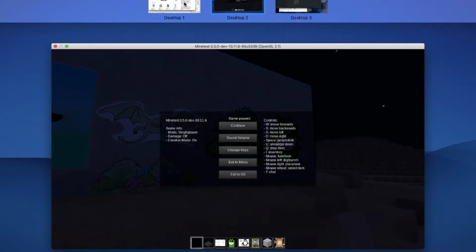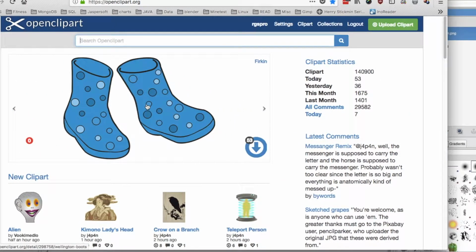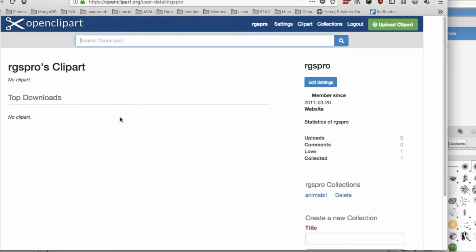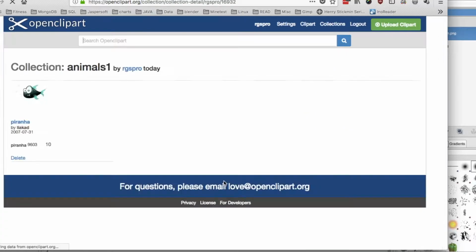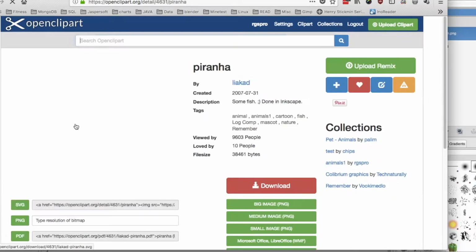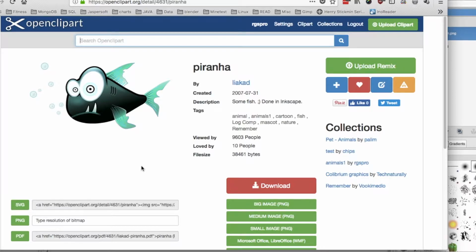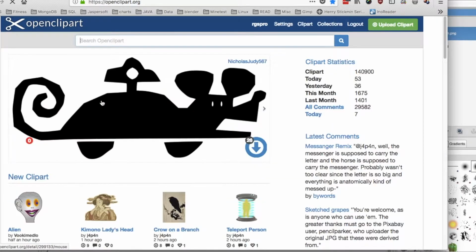Okay, so basically, what I have done is I went ahead and there's a real cool website called openclipart.org. And as it loads here, we can see I have a piranha. You can go through here and all these clip arts are Creative Commons licensed and can be used in projects. So all you have to do is type in